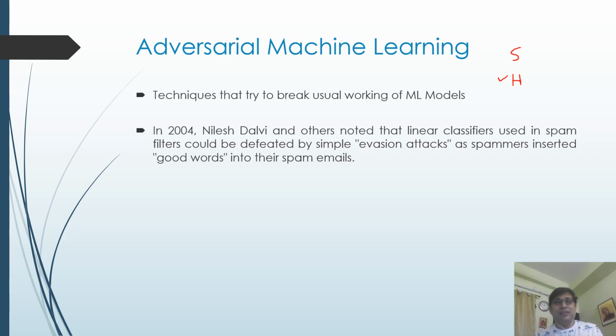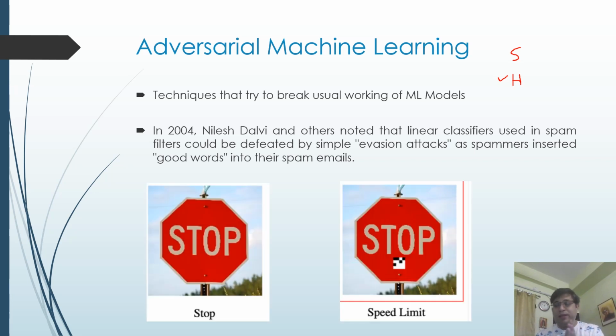One other type of attack is called a poison attack, where you actually poison or make the training data impure. As a result, the knowledge learned from there is also not right. One other very famous example from the literature of adversarial machine learning is in the case of automated cars. An automated car needs to look at a traffic sign and understand what sign it is. As an example, this is a stop sign. But if you perturb the data a little bit and you add some scribbles over here, the model is actually fooled to understand this as a speed limit sign.